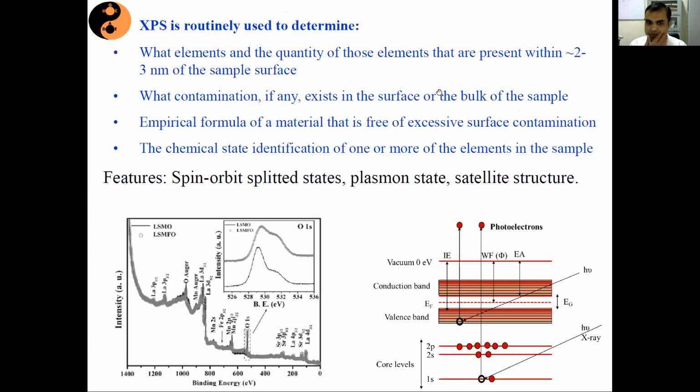So what do we do using X-ray photoelectron spectroscopy? We generally use it to know the kind of elements present in the system. Number one. Number two, the concentration of the elements present in the system. One important thing to understand is that it is a highly surface sensitive technique, because when that